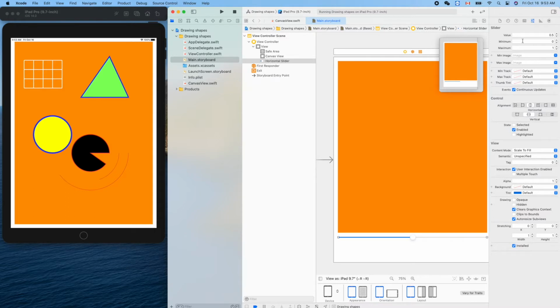There are 3 things we can config, right? Value is the current value. Minimum is the minimum value of the slider. The maximum one is its maximum value. So it means if we drag it when we run it,